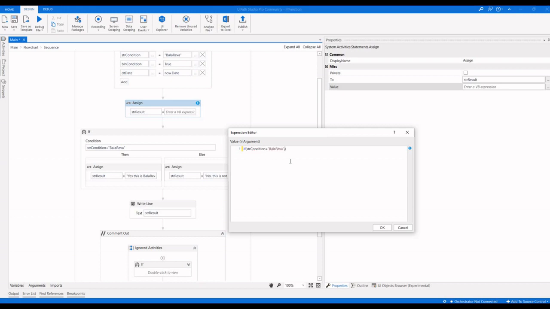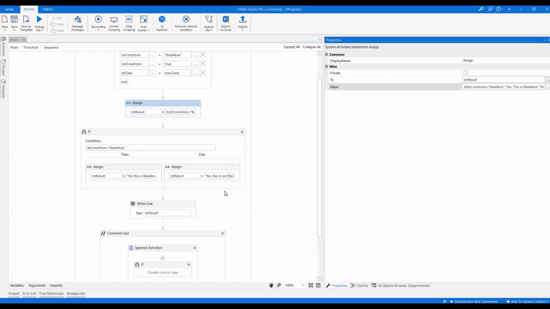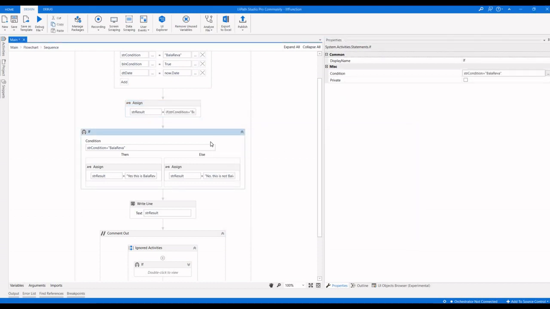If it is true, what do we have to return? We have to say yes, this is Bala Reva. And if it is not, we have to say no, this is not Bala Reva. And press OK.